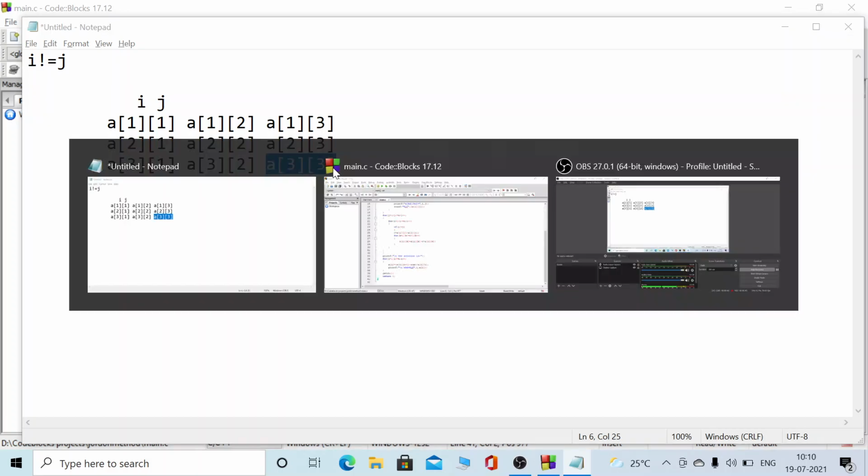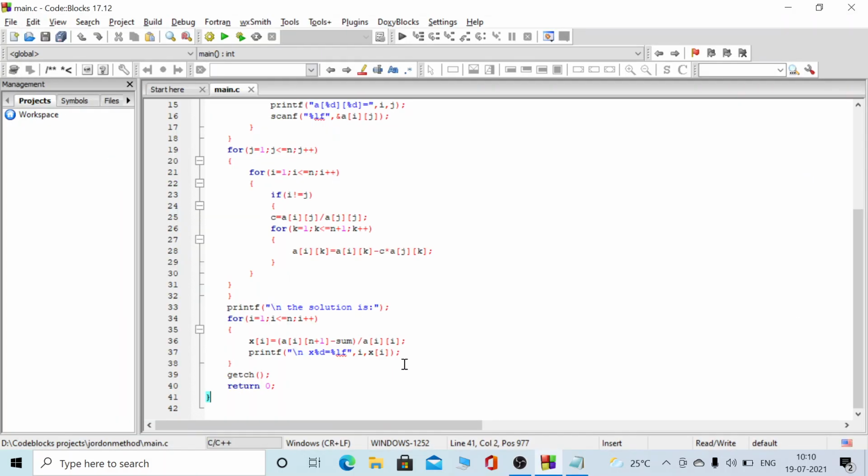This is how we print the values. We use a of i, n plus 1 minus sum, divided by a of i i, stored in x i, and this for loop runs until i is less than or equal to n, since we need three outputs, x1, x2 and x3. Then it comes out of the loop and the solution is printed.